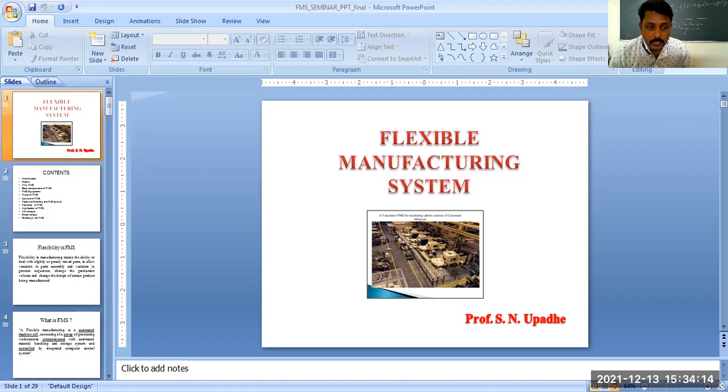What type of transport facilities you have also matters. Then availability of efficient and cheap labor. Now in FMS, we are saying that it is automatic, but it is not fully automatic. Human intervention is lessened, but it is not completely omitted. It is not the condition that there is no human intervention. So some human intervention has to be there.